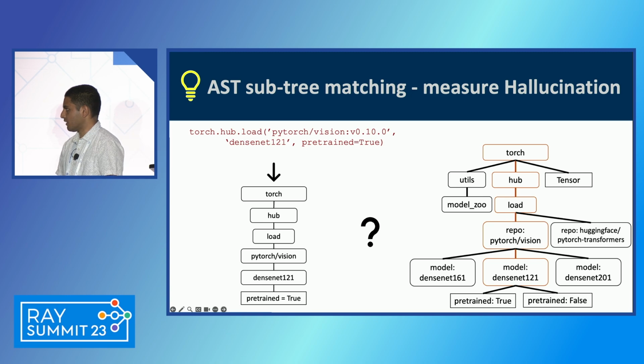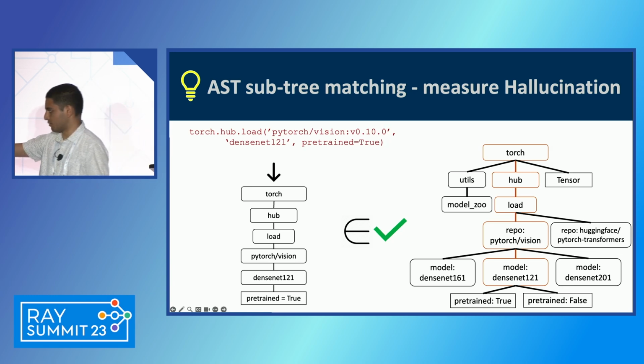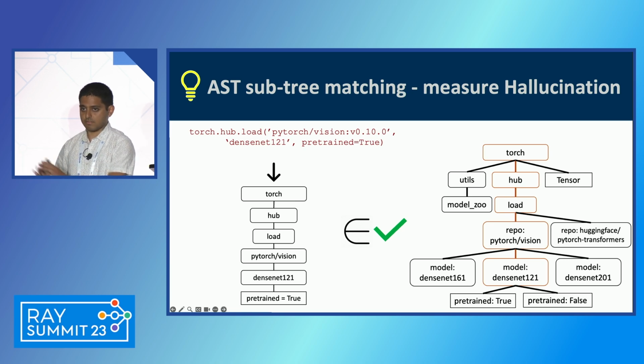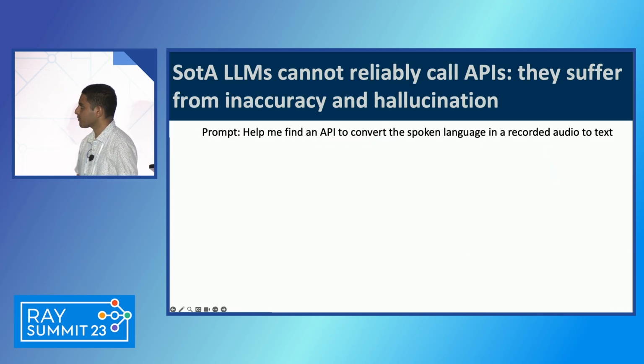And in this case, we find that it is. This is the brown part that I've highlighted, right? So you can see some minor implementation details like pretrained equals true is not checked because that's an optional argument in Python. But you basically ask the question, is the API that the LLM generated a proper subset of what's needed? If it is, then it's not hallucinated. By no means does it mean it's accurate, but at least it's not hallucinated, right? If this were to say, use Ray hub load, then you know it's inaccurate, right? Ray does many other things, but this is not one of those. So that's how you know what's hallucinated, what's not.